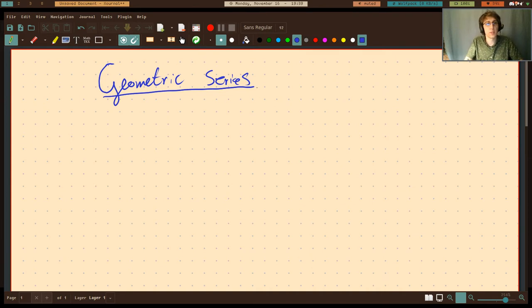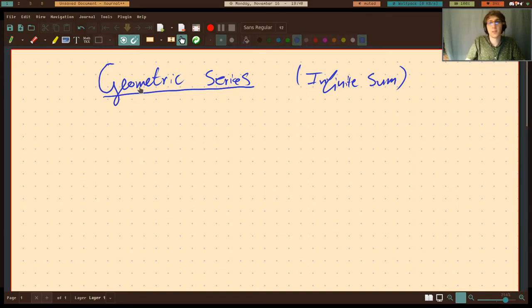Today I'm going to be talking about the geometric series. So, the geometric series is an infinite sum. Let's write that. The way the geometric series works, and you'll see where this term geometric fits in later, is